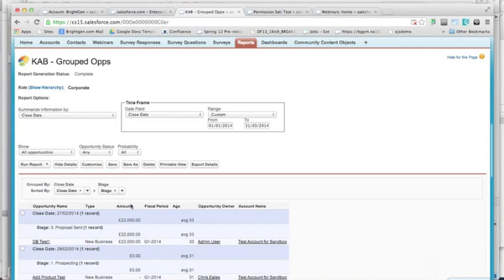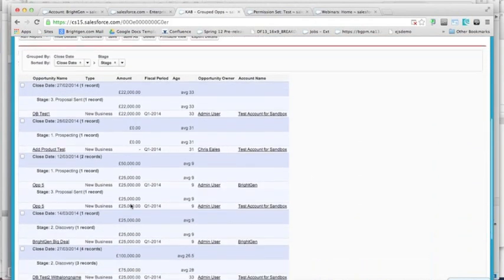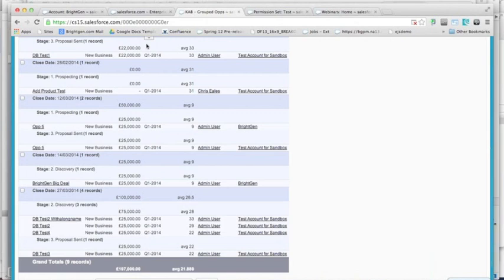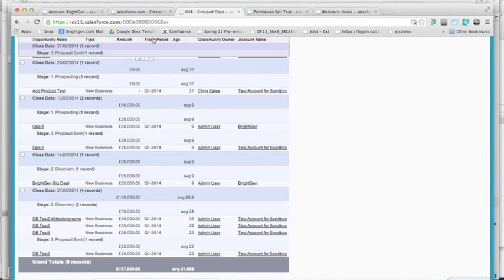Now the floating headers. Most reports don't normally fit nicely onto a single page, especially if they've got various levels of grouping and summary, because you've just got so many rows to be displayed. So what now happens when you scroll the headings off of the screen? You'll notice that a small arrow appears where my pointer is, and if I click on that, then that drops in the floating headers for me,